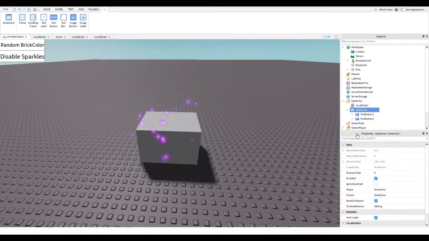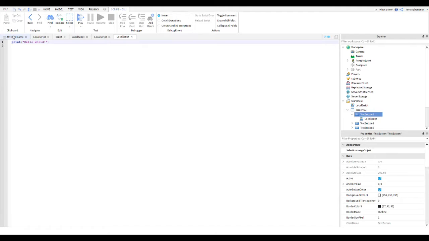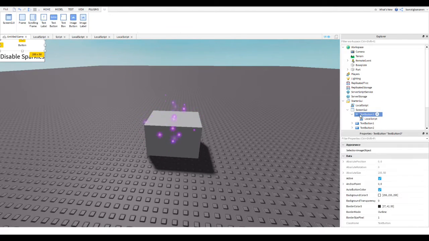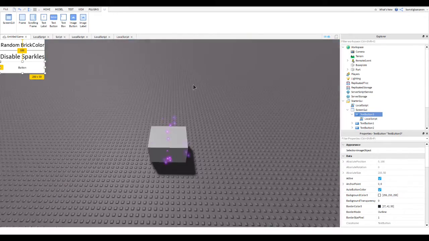so here insert one more text button, and this button will be text button 3, and we'll make the brick get purple or something. Then insert a local script into it and delete the print hello world. Then take the text button and move it down to here, and now it's so many local scripts,